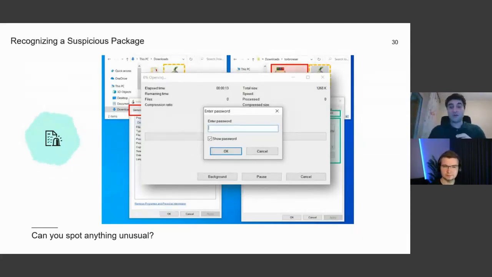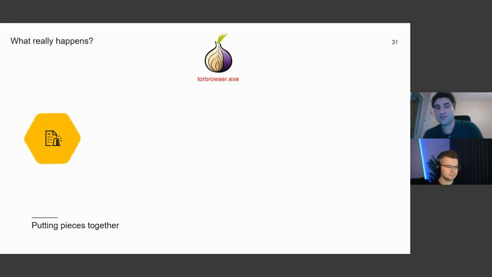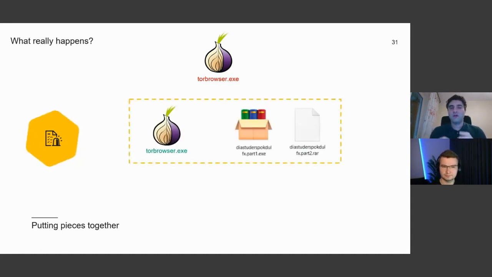Well, it's simple. Because even if you have an antivirus installed on your computer, the antivirus cannot scan password protected files. And then basically the attackers leveraged this method because the extractor itself had the password. So the antivirus didn't know how to access the contents of the files, but the malicious executable had the password for the file.